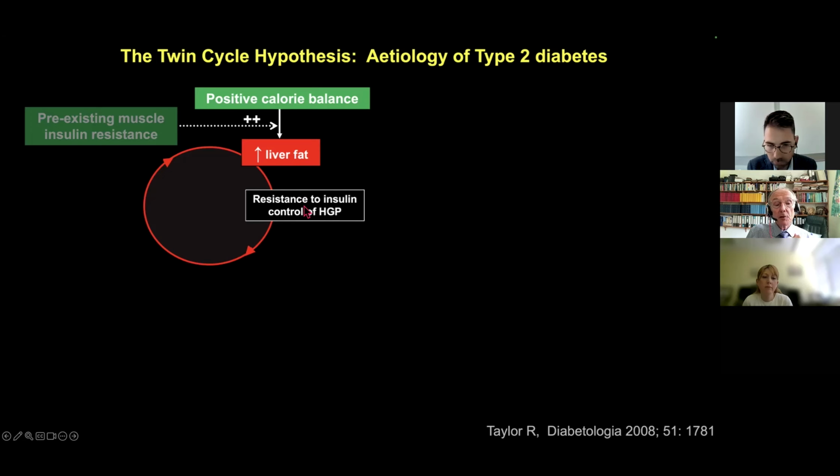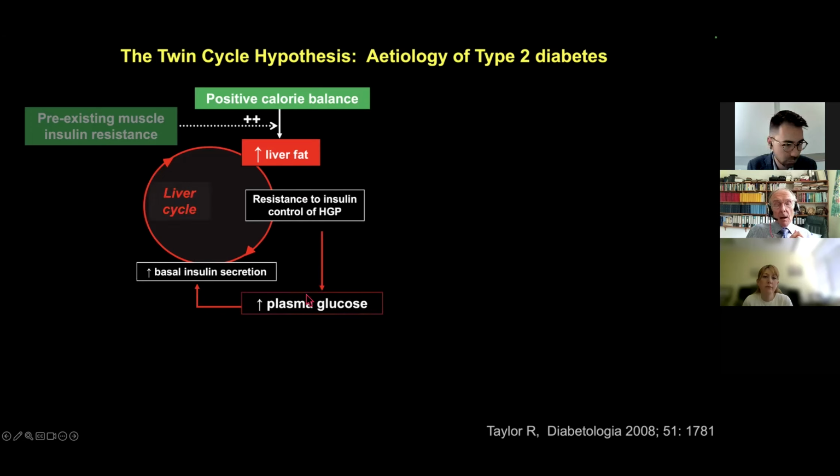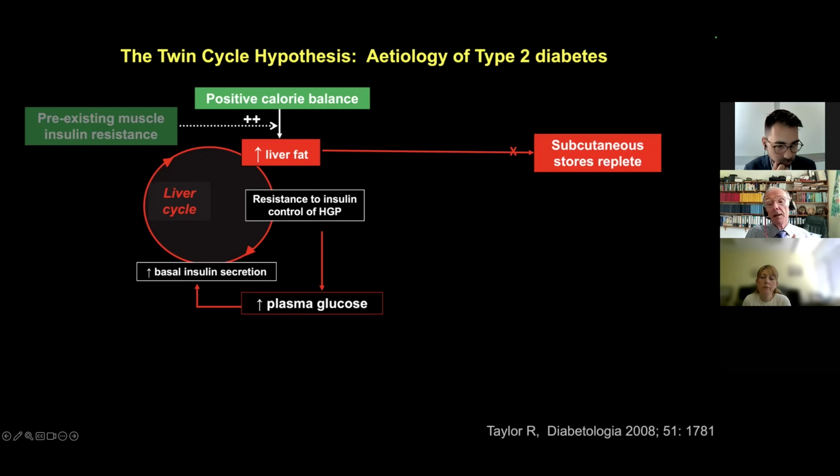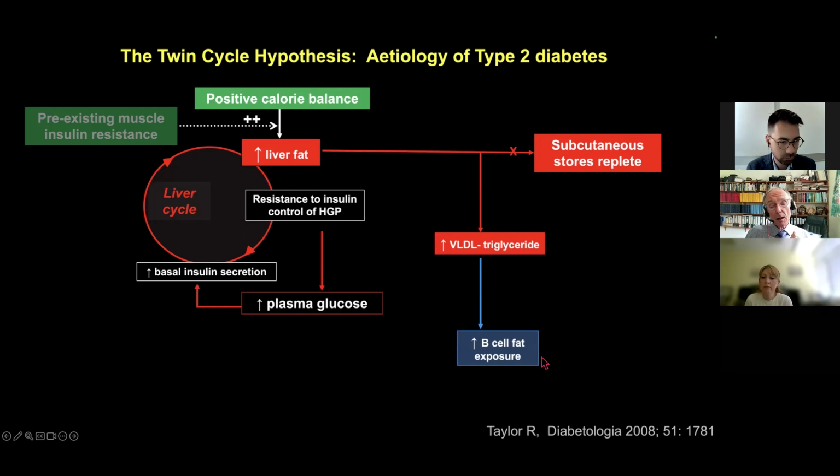So we have the insulin resistance in the liver. Plasma glucose would tend to go up because of hepatic glucose production, and basal insulin secretion would rise. Paradoxically, that stimulates de novo lipogenesis. But then the fat, as we mentioned, doesn't just stay there. And if the subcutaneous stores are relatively full, then it's going to build up in the blood and be delivered